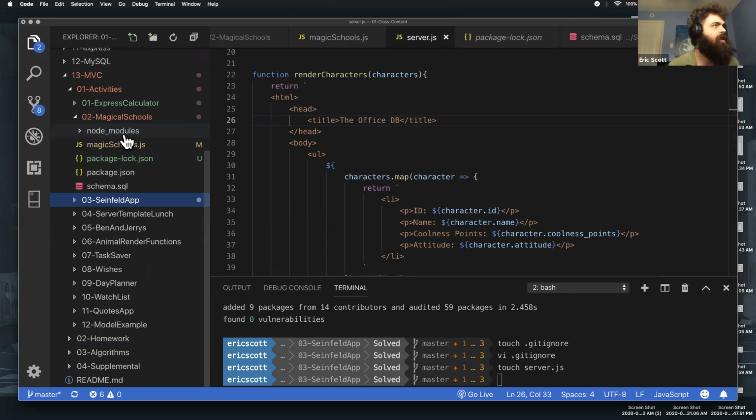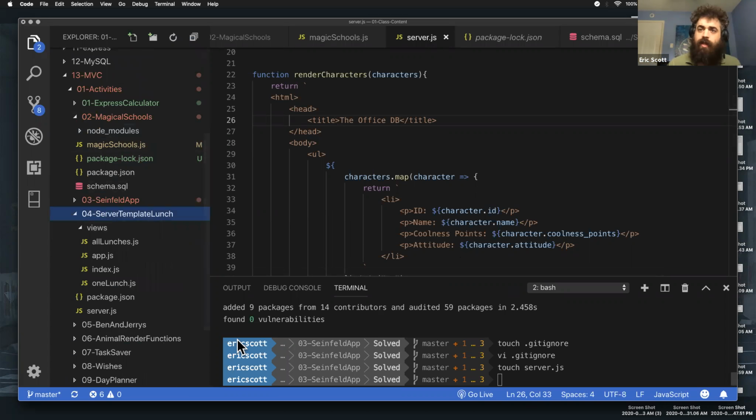Cool. So, as an introduction to that, let's look at a way we could do that. So this is going to be inside of 04 server template lunch. Let me go ahead and just